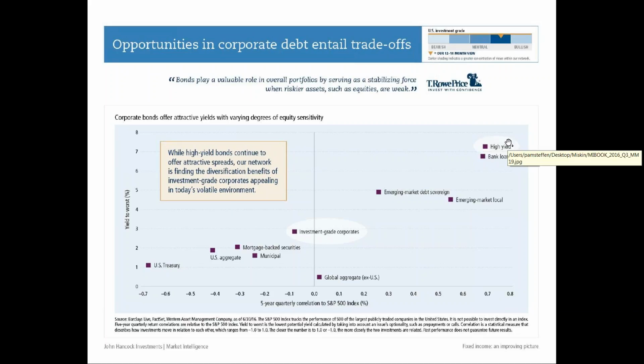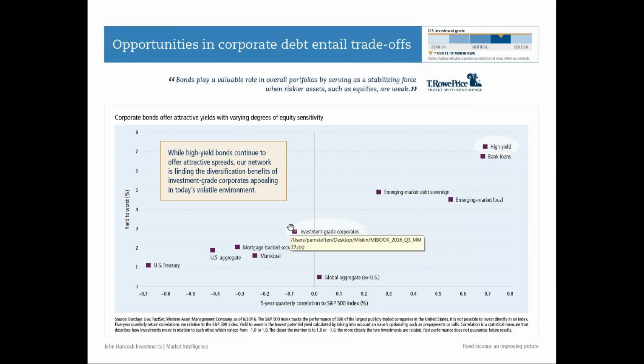So let's start with high yield. High yield has actually come down since then. It's now about here, about 6%. But we said at the beginning that we're looking at a mid single-digit type return environment; just over 10% would be amazing, but we'd have to watch multiples. If high yield's yielding about 6 and we don't see a recession, that can be an attractive return enhancer to portfolios. Of course, you have to consider the risk. It's a more volatile asset class, and it acts a lot like equities.